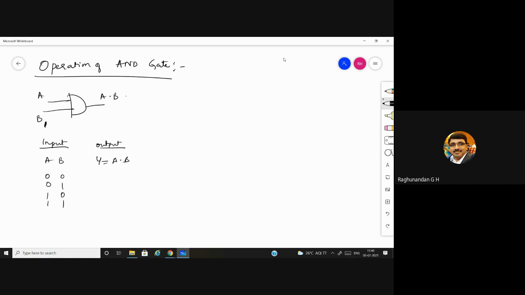So on multiplying these two, we get 0, 0, 0, 1. This is the result which we are going to get for the AND gate. AND gate is basically used for the multiplication operation.